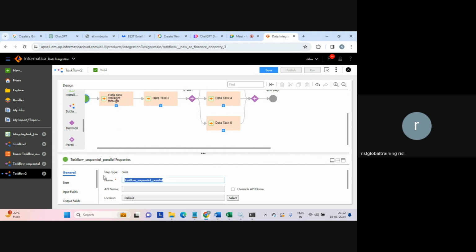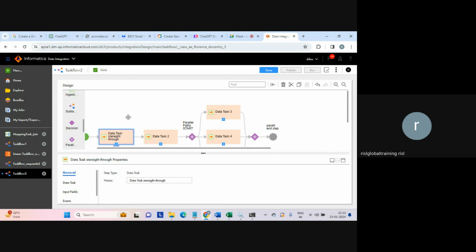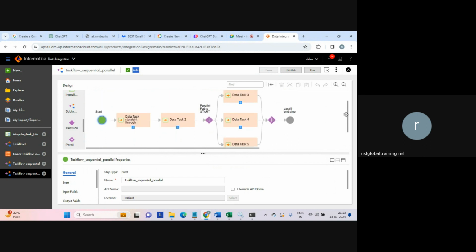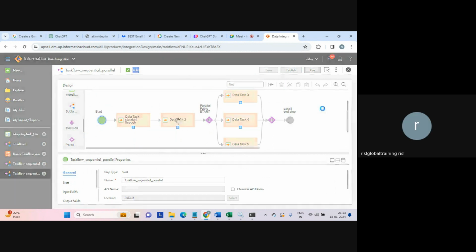Yeah, task flow sequential. So general task flow sequential parallel. See, now the name got reflected in the title bar, right? Earlier we did not save. That's why we could only see task flow 2. After saving, it got reflected. So it's valid, right? Any questions before we execute this task flow? Clear, right? Now let us try to publish